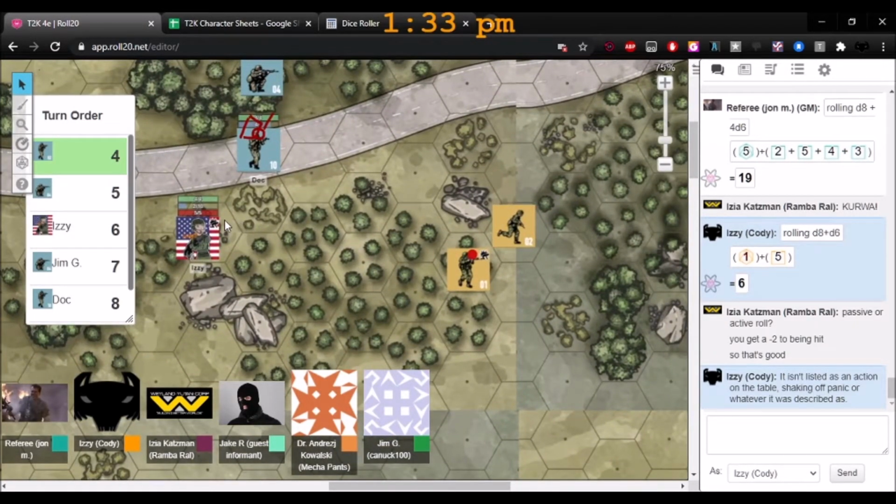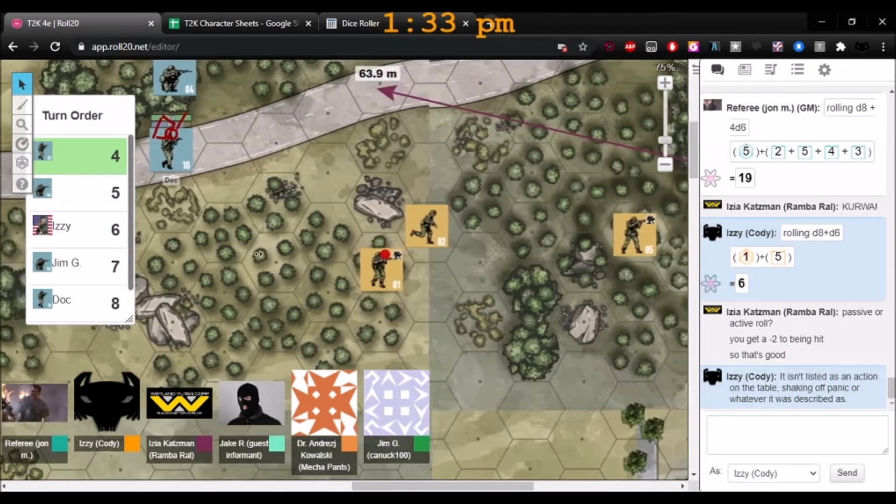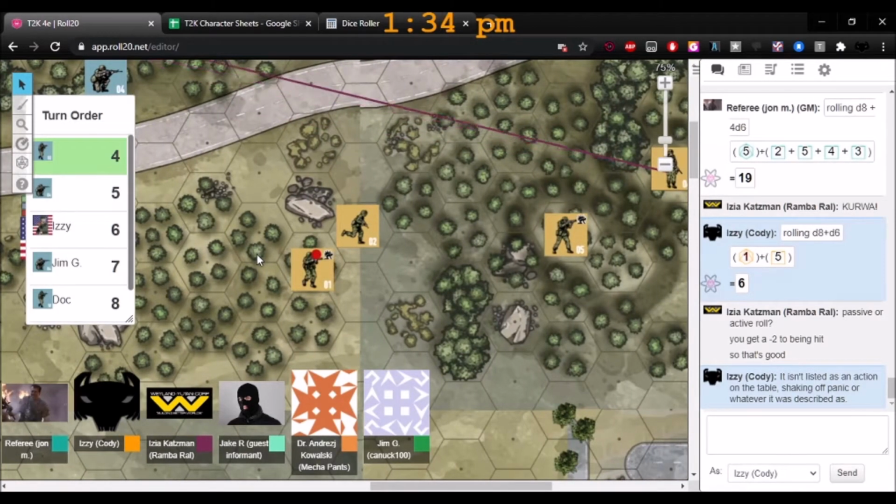Okay, 1 second. I need to figure out. This guy is more than 6. 1, 2, 3, 4, 5, 6, 7, 8, 9, 10, 11, 12, 13. So he is long range. Mm-hmm. What type of weapon are you using? Assuming if it's twice the range of my gun, that's going to be long range. Yeah.